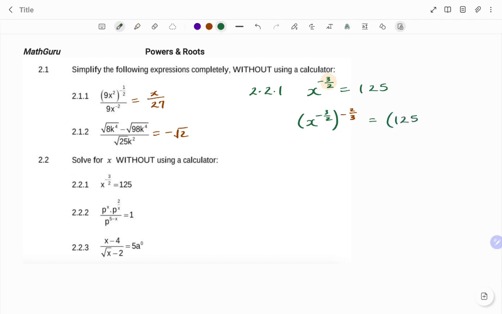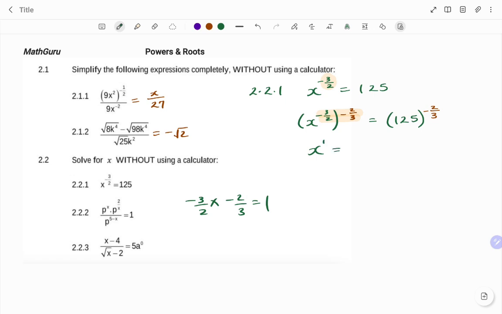So I have 125 also raised to the inverse, like I did on my left hand side, 2 over 3. Note that negative 3 over 2 times negative 2 over 3 equals 1. The aim is to change the exponent of x to 1. So if this gives me 1, on my left hand side I'm left with x to the power of 1